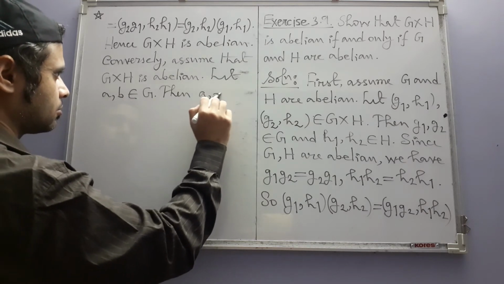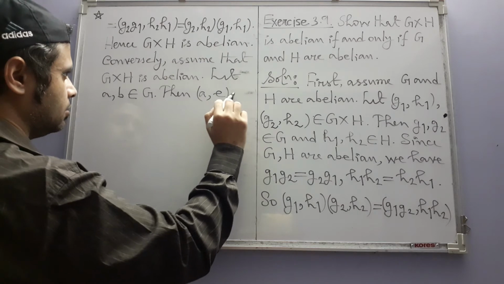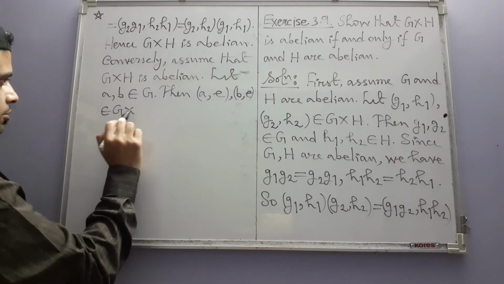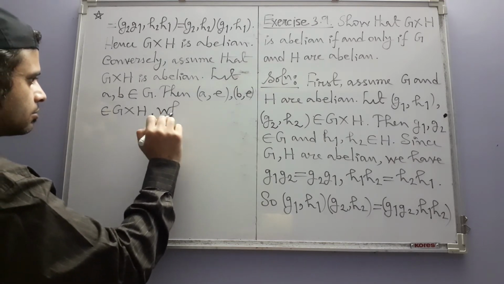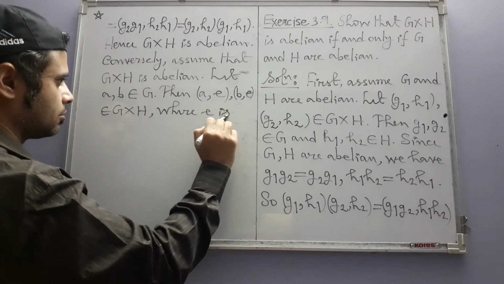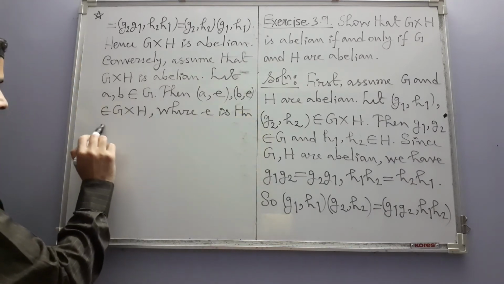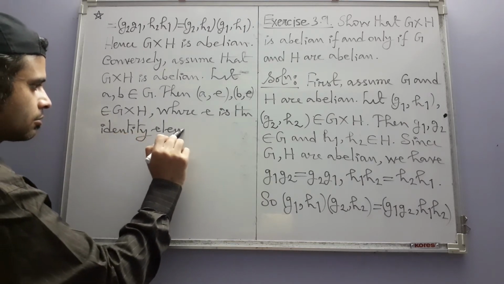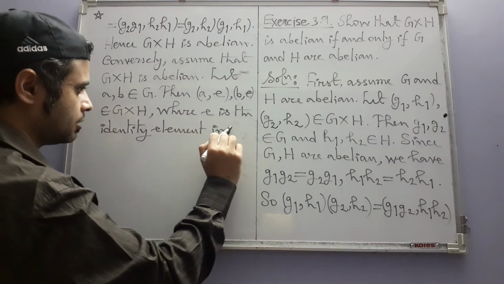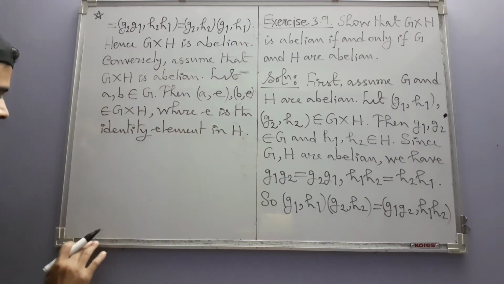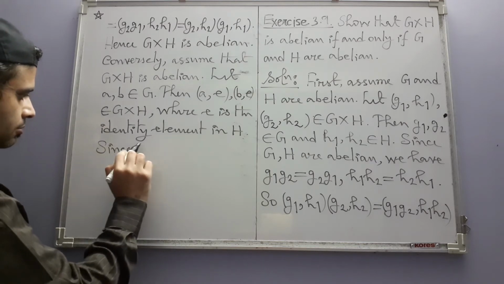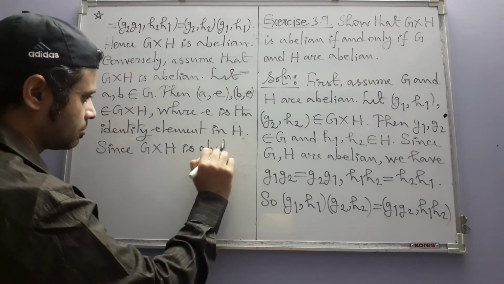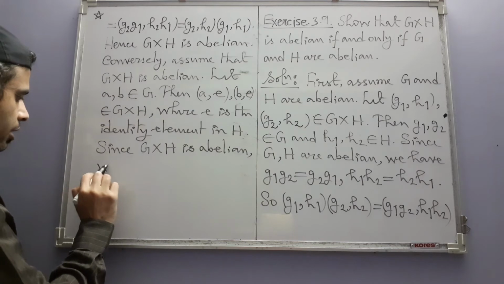Then (A, E) and (B, E) belong to G cross H, where E is the identity element in H. Since G cross H is abelian, we have